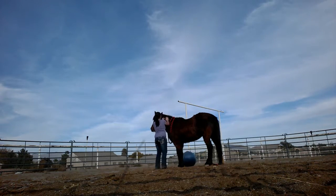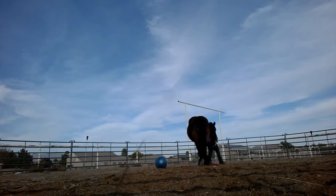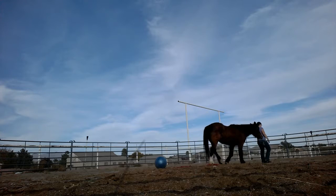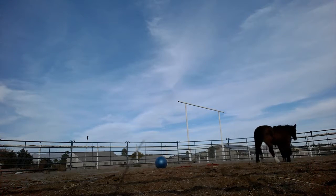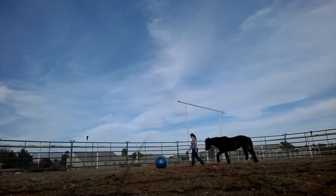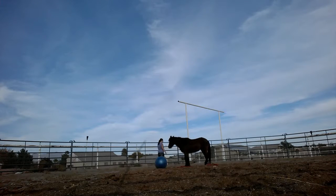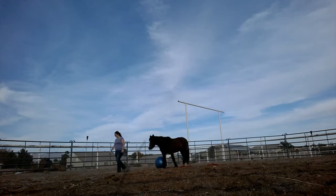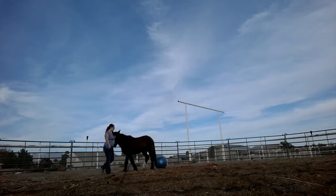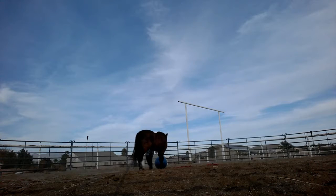So then I decided to do some liberty work, because the last time that I did a sacking out with her, it was the tarp training, as far as something that I don't know if she's ever seen before. I can't remember if I did the tarp training and then the rope training, but I know that she had seen a rope prior to that video. So as far as new things go, the tarp was the last new item to desensitize her to that I can remember. But I did liberty work with her for that particular video as well, and since we had been doing,